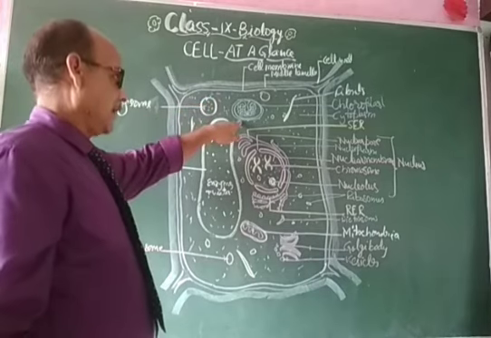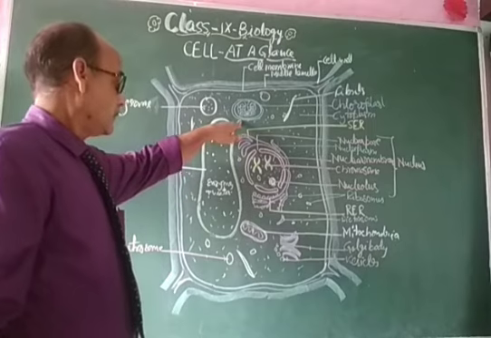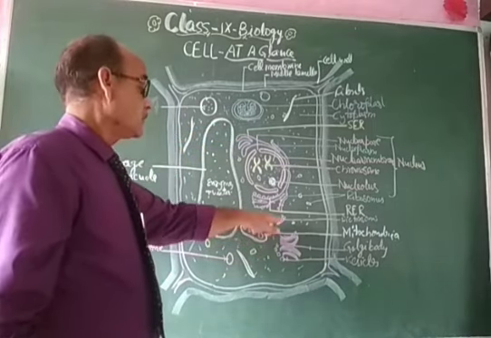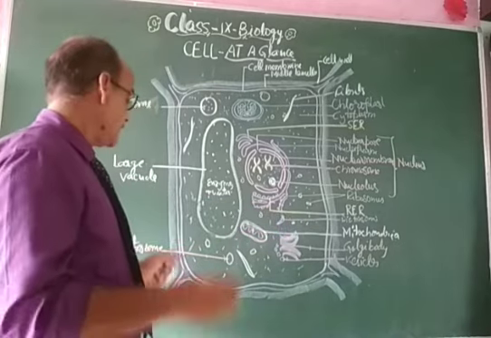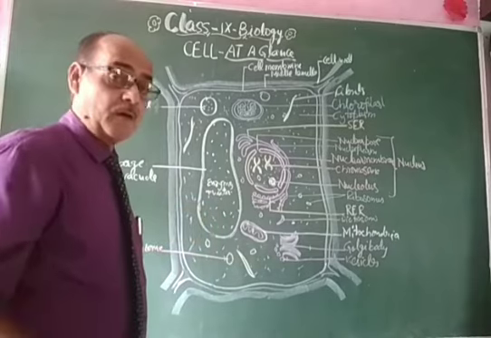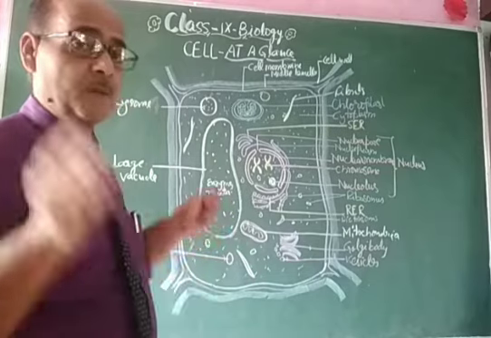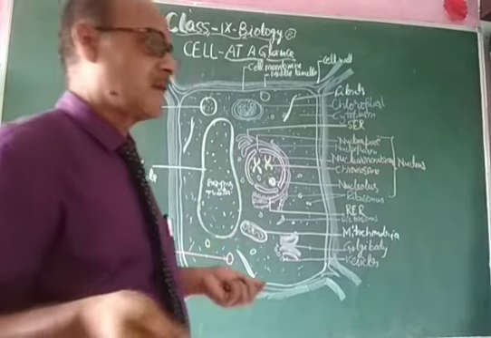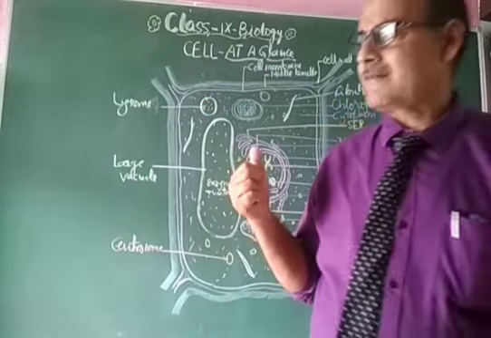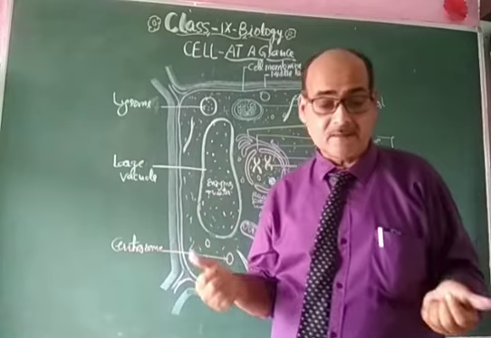Chloroplast will be absent in the animal cell. This is found in the plant cell itself. And this Golgi body will be found in the animal cell, but dictyosome is found in the plant cell. So these are the differences. Large vacuole is only found in the plant cell, while small vacuolar vesicles are found in the animal cells. These are the differences between the plant cell and animal cell. As far as the function of these cell organelles is concerned, that has been described in detail in the organelles section.